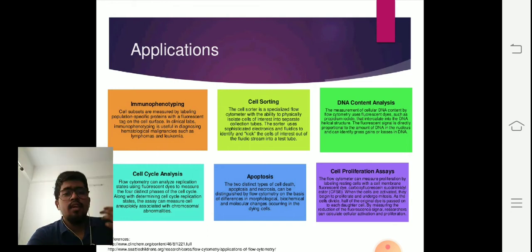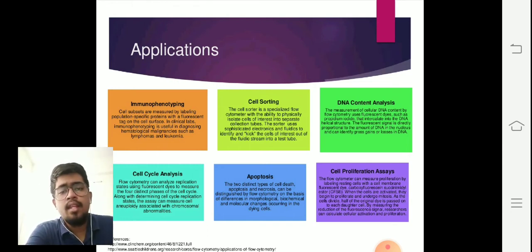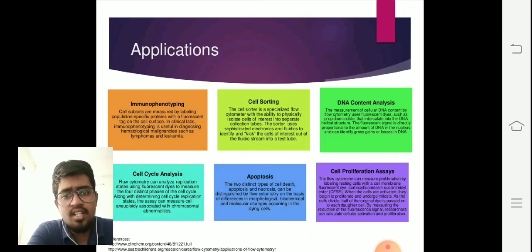So it's important for us to understand and analyze all these functions and applications, which are very crucial in cancer research, when you're working with DNA, with tumor cells, and how the tumor cells are dividing inside our body. So all this DNA analysis, the cell separation, normal cells, tumor cells, how can we differentiate them, apoptosis, how the cell death is occurring in normal cells, how the cell death is occurring in tumor cells, or the immunophenotyping, is a very crucial technique and a very important process to be analyzed in cancer research.